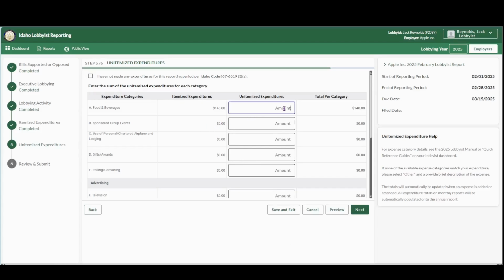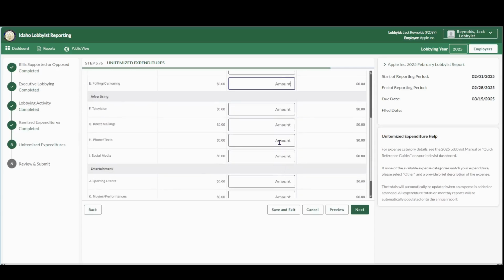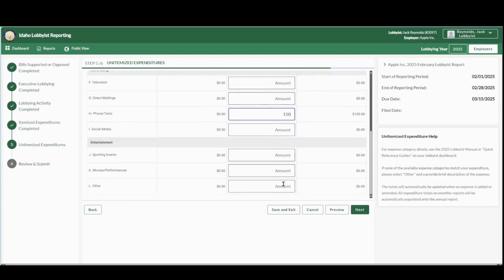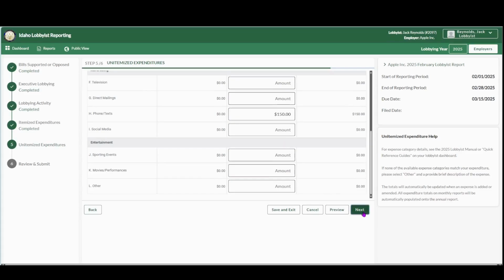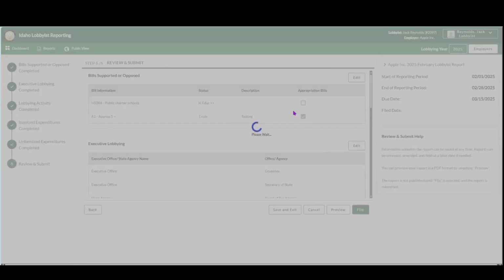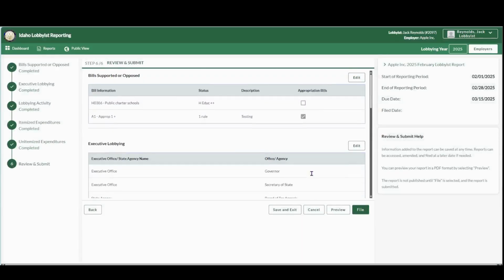This is where you're going to enter in all of those transactions that are under that $135. You're going to put your bulk amount here in each category that fits your spending. Any category that has no money spent can be left blank, and you can click Next. The system will automatically mark it as $0. In step 6, the review and submit,